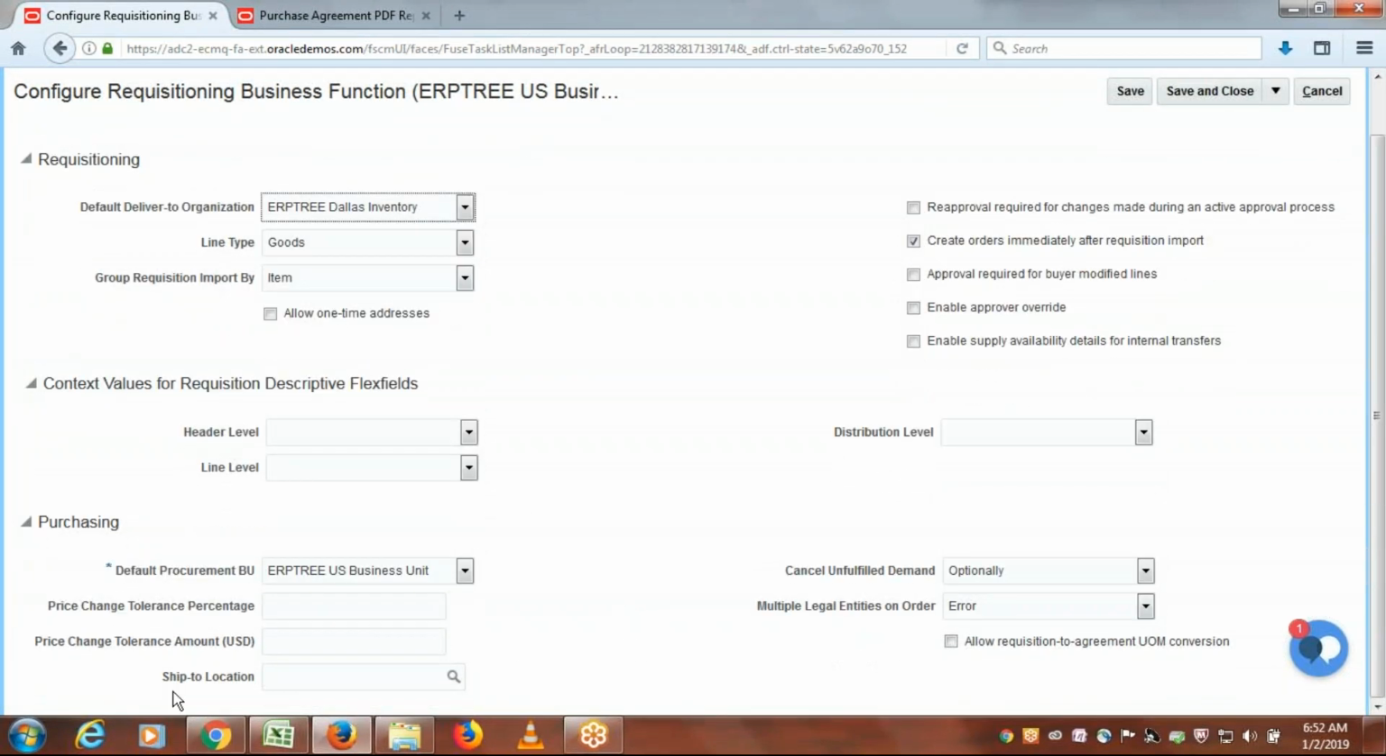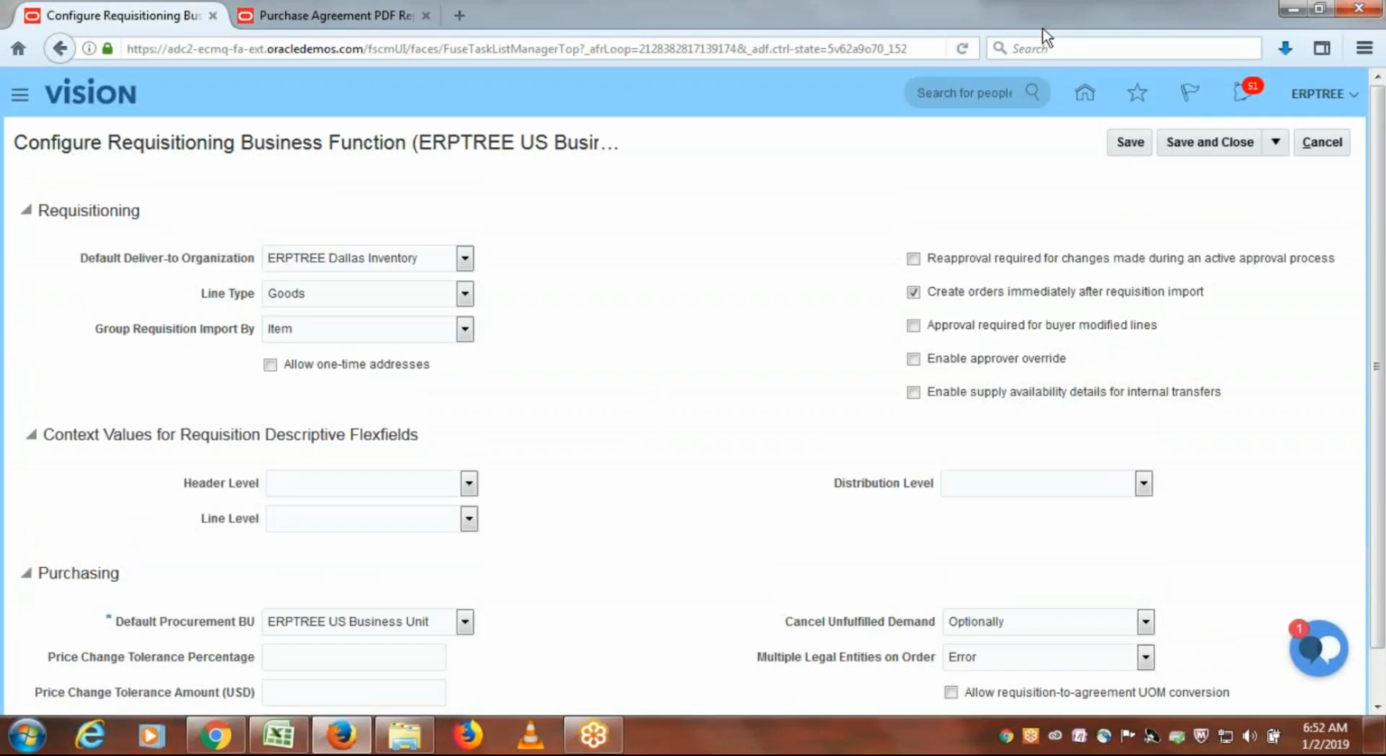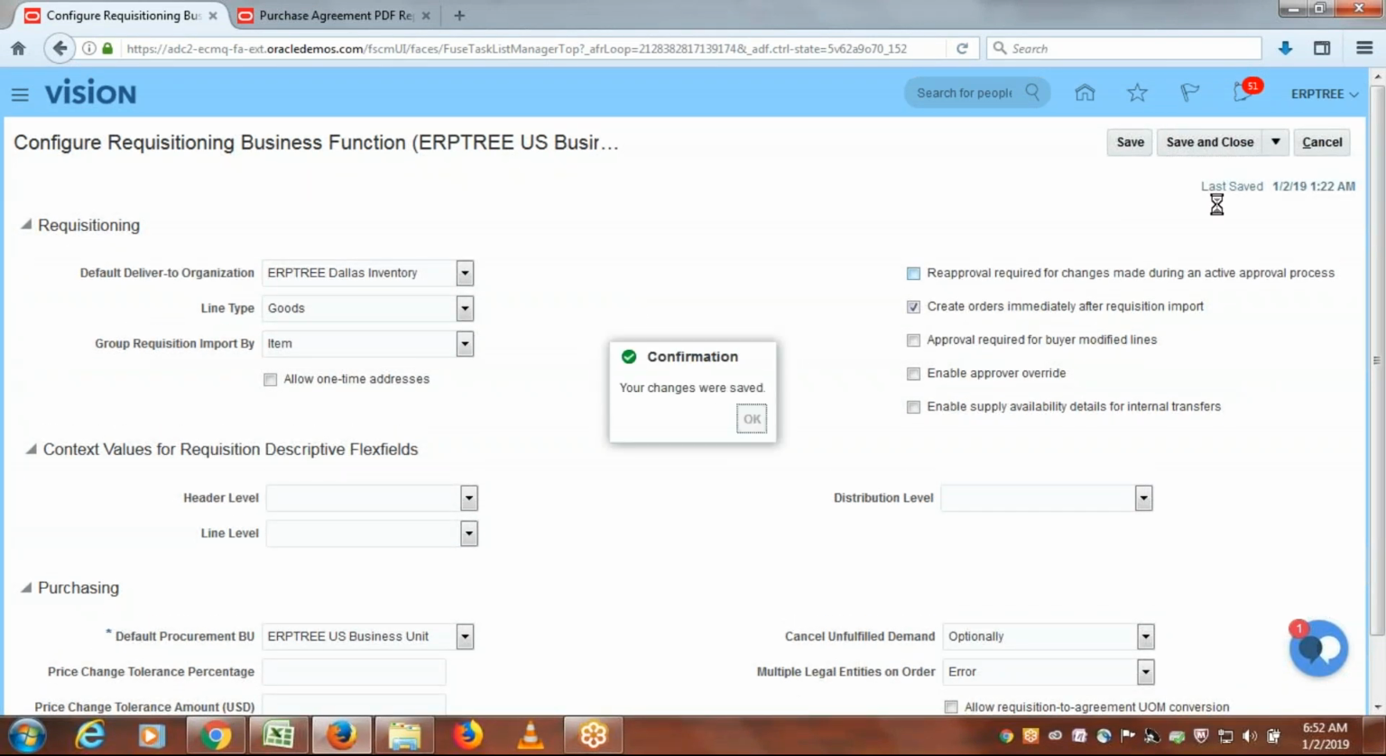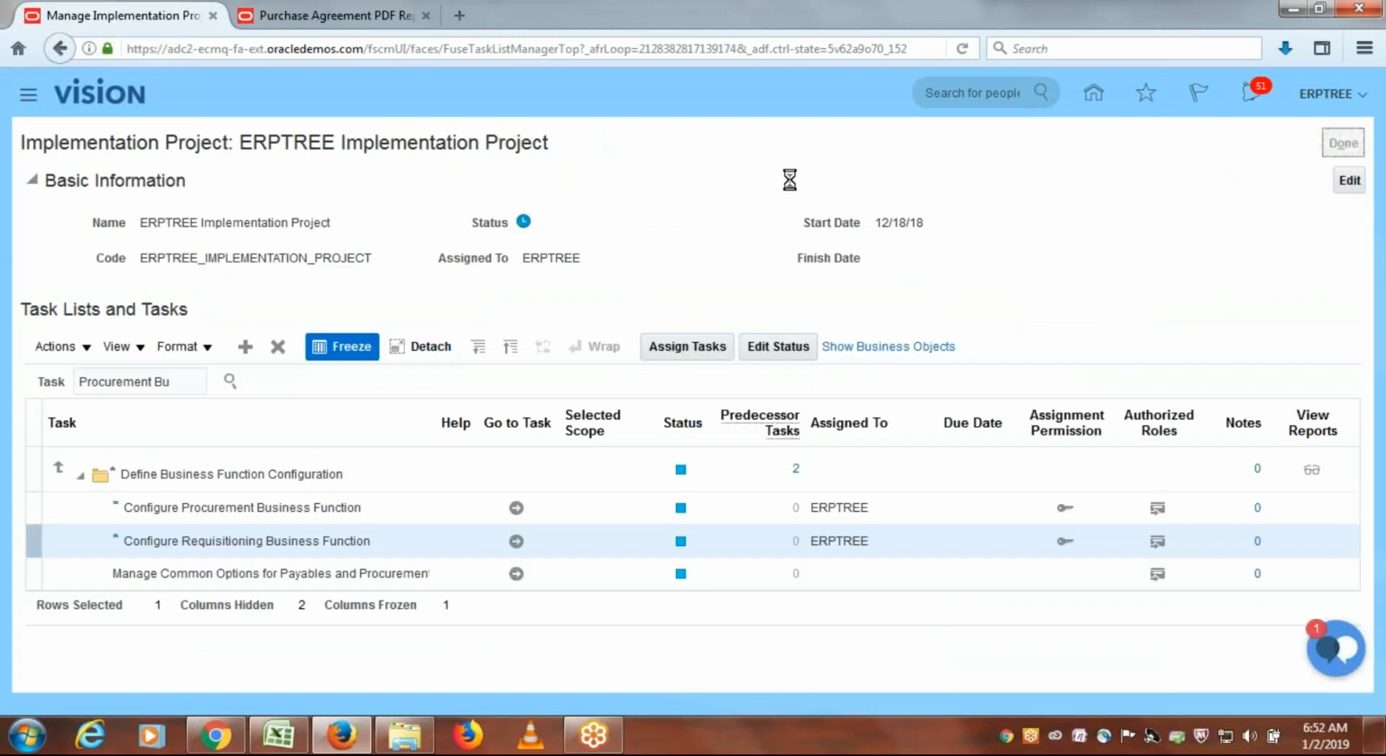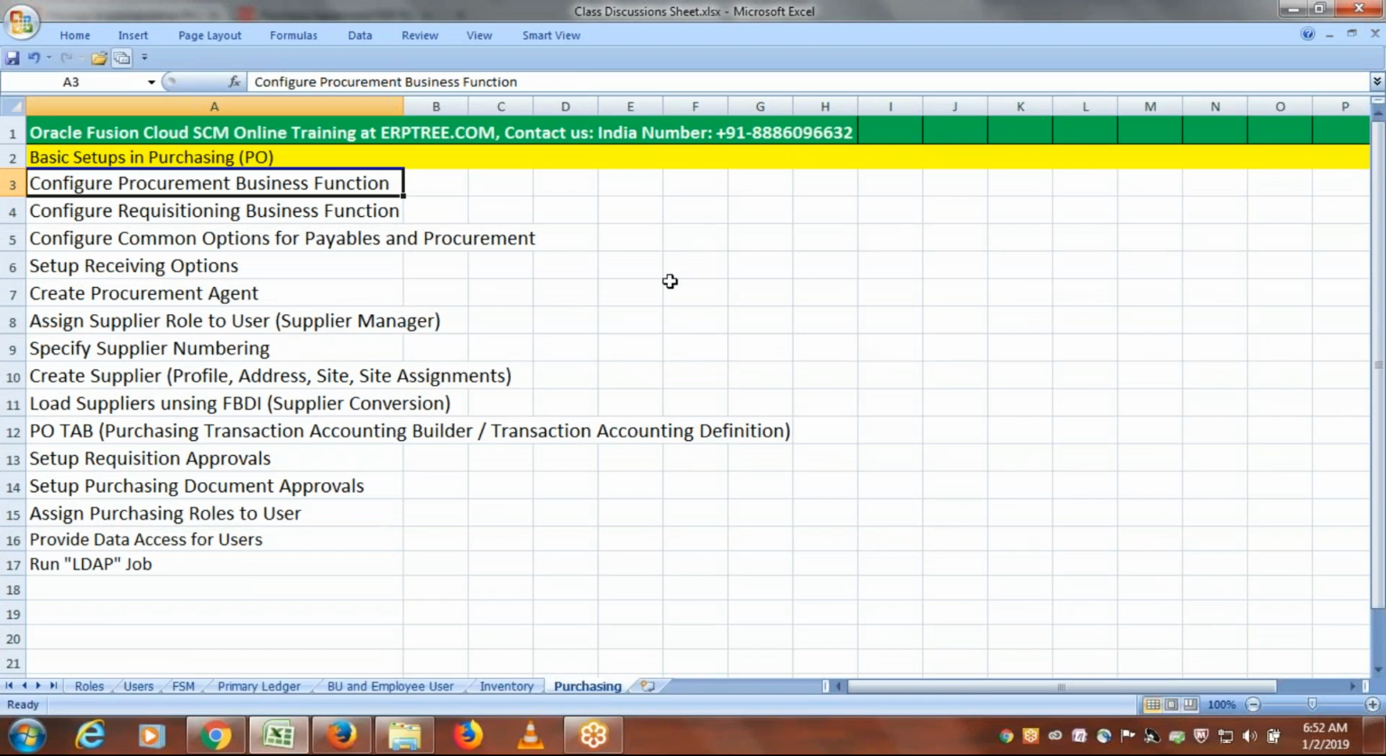Okay, you may set a default ship to location if you want, when you create the purchase orders and all. The ship to location the system will default, or else we have a preferences setup also. There also we can specify, and we'll be working on the other controls which are applicable depending on the feature which we'll be testing. Okay, so at this stage nothing is mandatory here, but just navigate and go through the information. Done. So that's all about setting up procurement business functions and